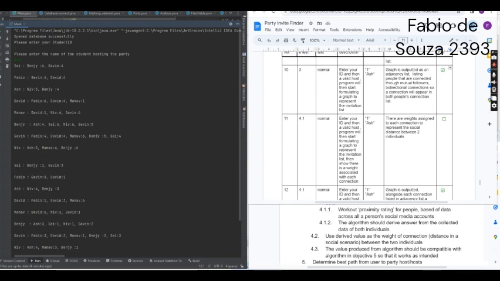So this value has to come from somewhere. It's not being set randomly. There's an algorithm behind it that is working out the score, and